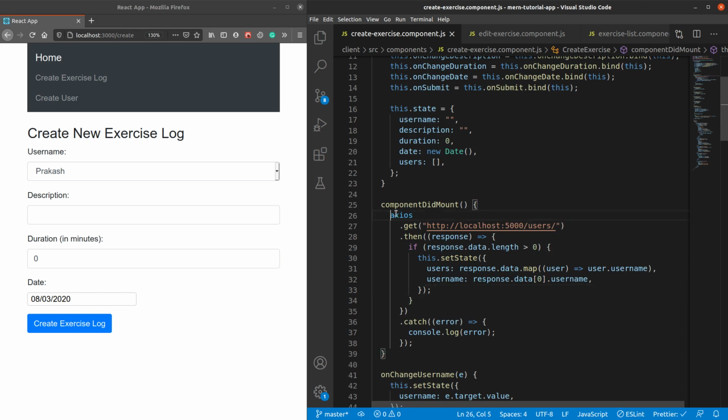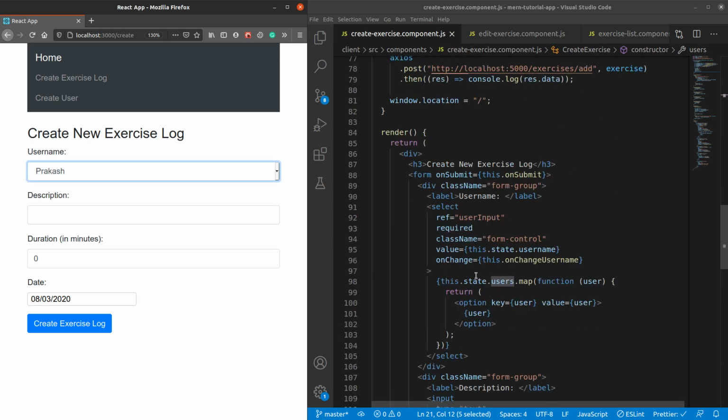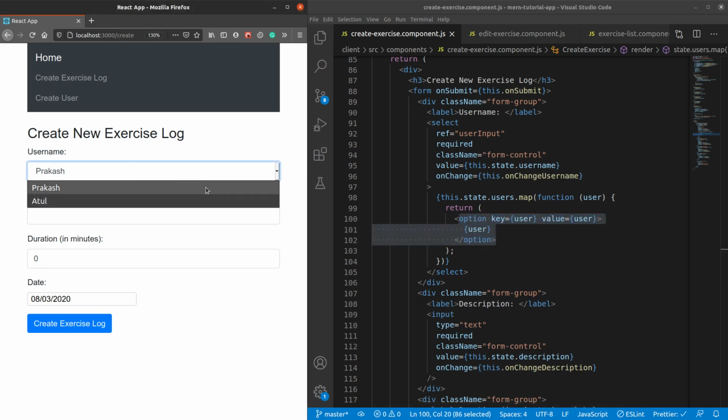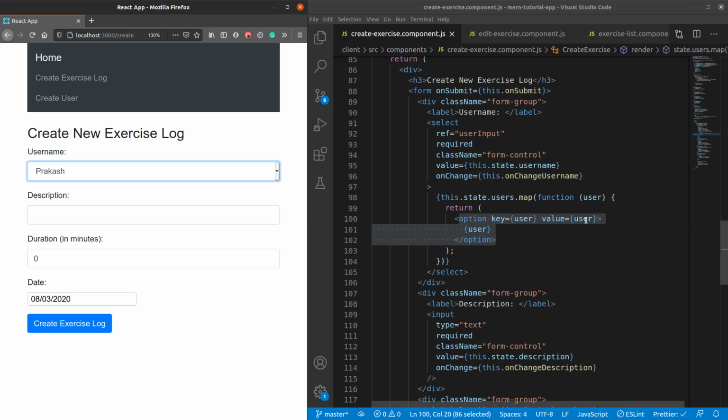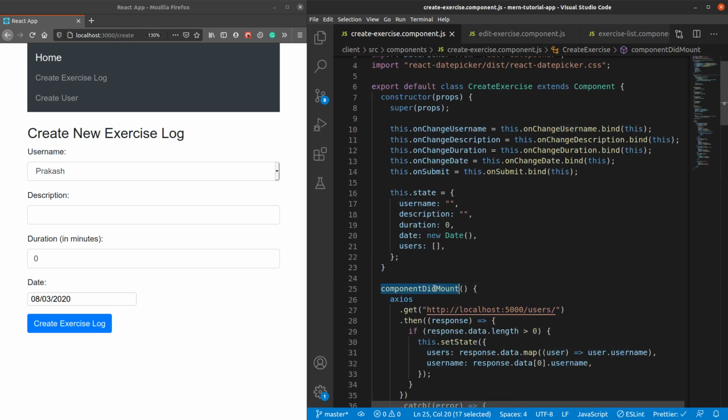What it is doing is getting all the registered users and saving them into the state, storing them in the users array, and that is what we see here in the result. Let's go back to the form and see the users. You can see there is an option, a drop down list, where you can select some value. There are different users being shown. So that is how the React exercise component is working, and that is the role of componentDidMount.